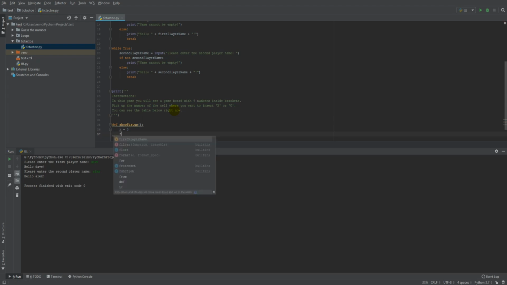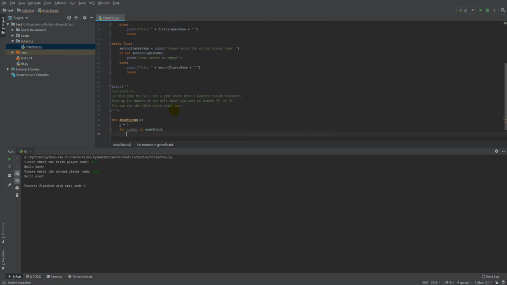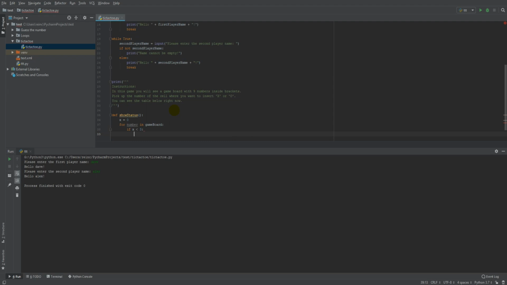Okay, for each number in the game board, if x is lower than 3, I want to print the number, and they will be separated by space,